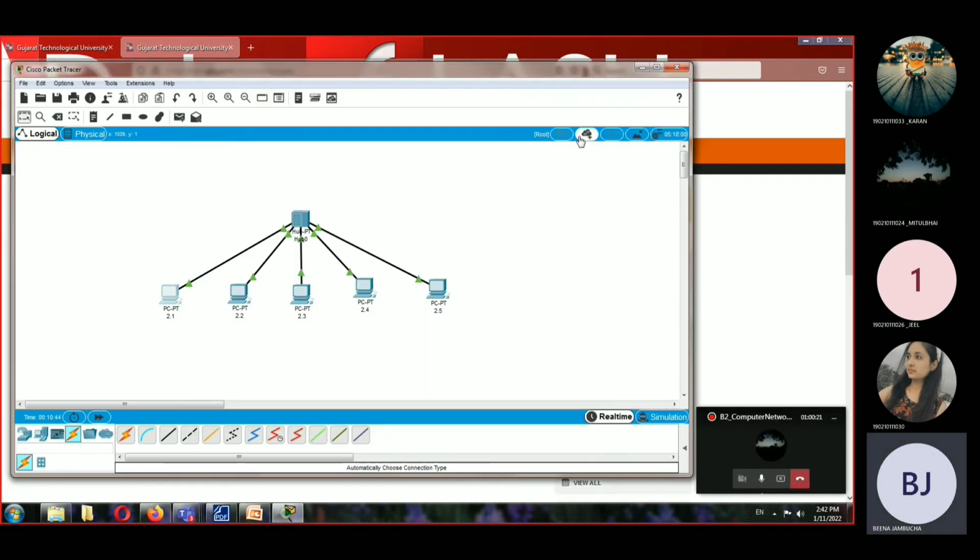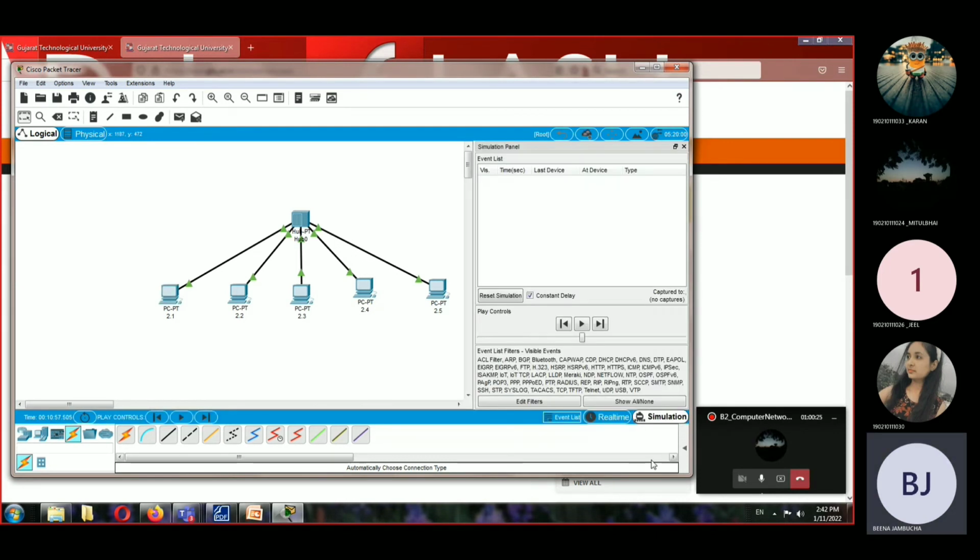The other way by which you can send the data is by using the simulation. So when I'm just clicking on the simulation, right, add a simple PDU, packet data unit, right, and add complex PDU. I'm just using a simple PDU.